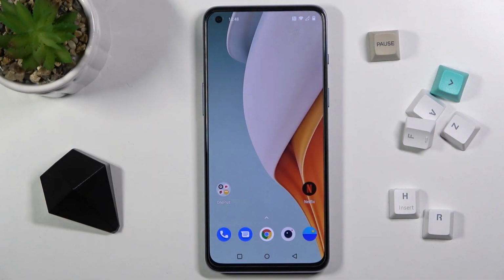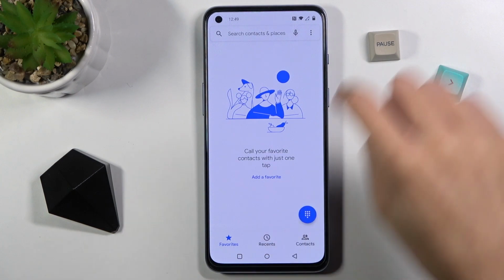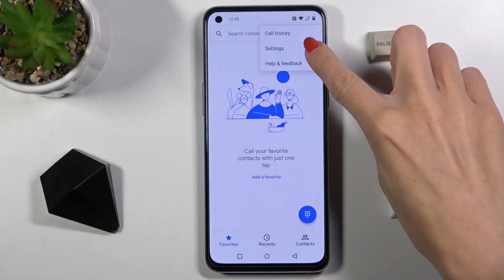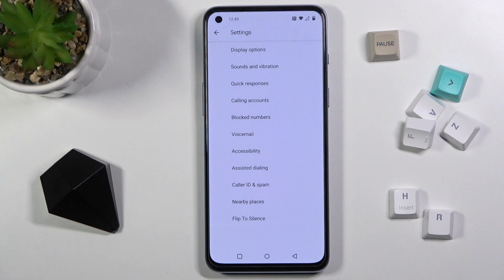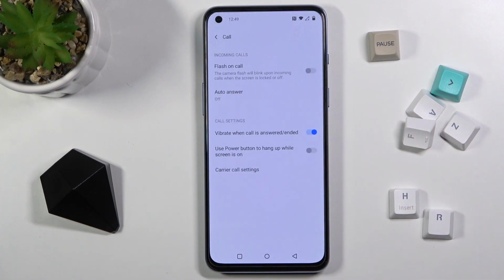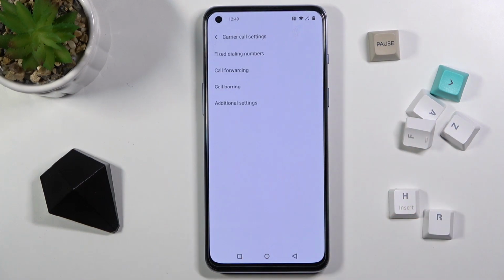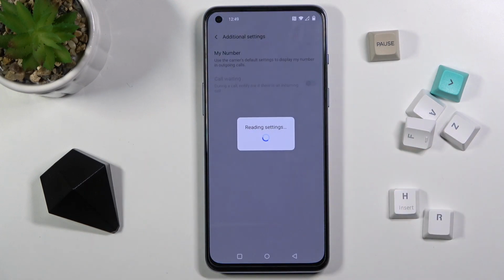In front of me is OnePlus Nord 5G, and let me show you how to hide caller ID on this device, how to make your phone number private. So at first, let's open your phone dialer, tap on the more icon, and select settings. Here, pick call-in accounts, and go to carrier call settings. Then you need to reach additional settings, wait a couple of seconds,